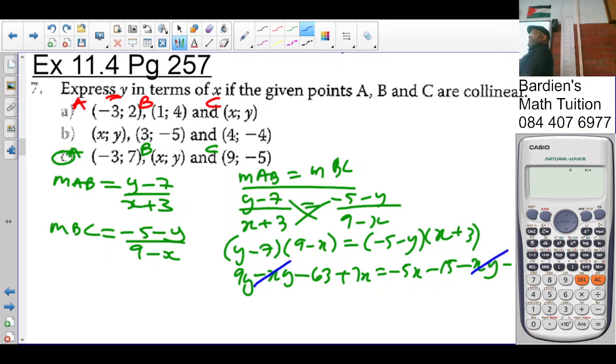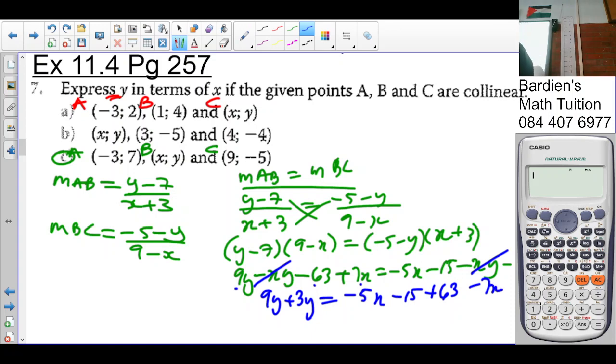So I bring that over the equal sign. So what I'm going to do is I'm going to keep the y's on one side. So it's going to be 9y plus 3y is equal to x is on the other side, which is negative 5x. X is in the numbers. Minus 15 becomes plus 63, sorry. Minus 7x. So that's going to give you 12y